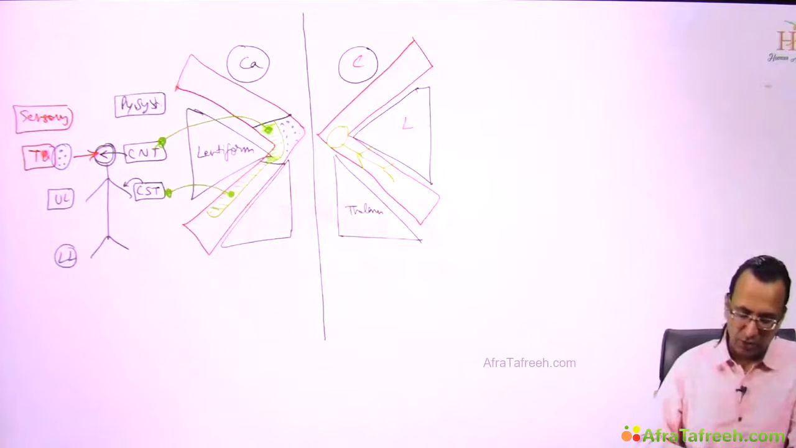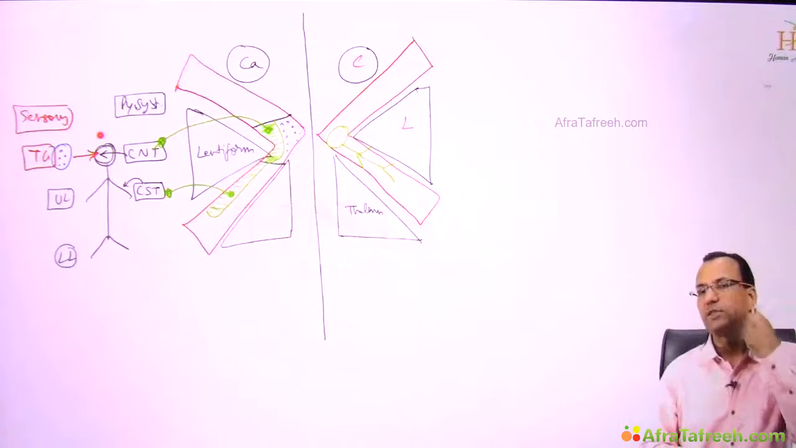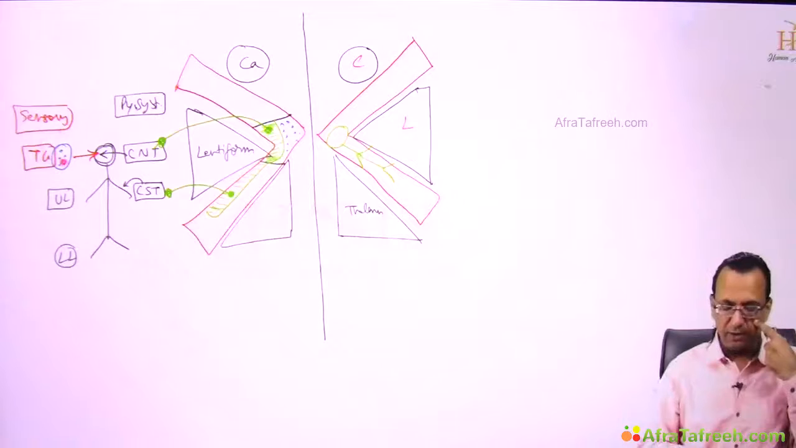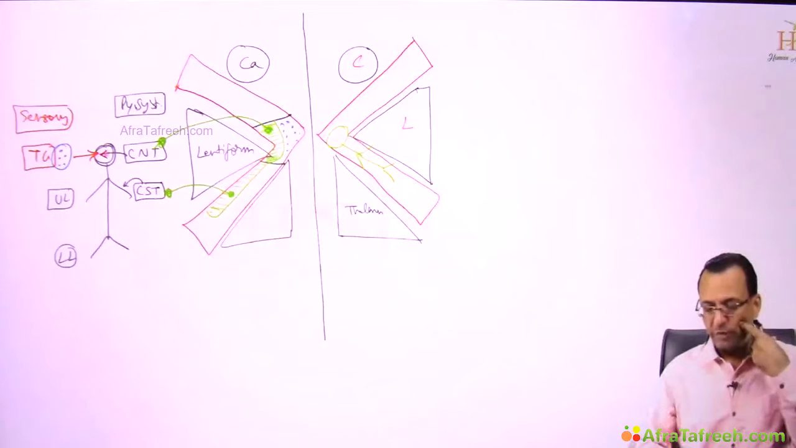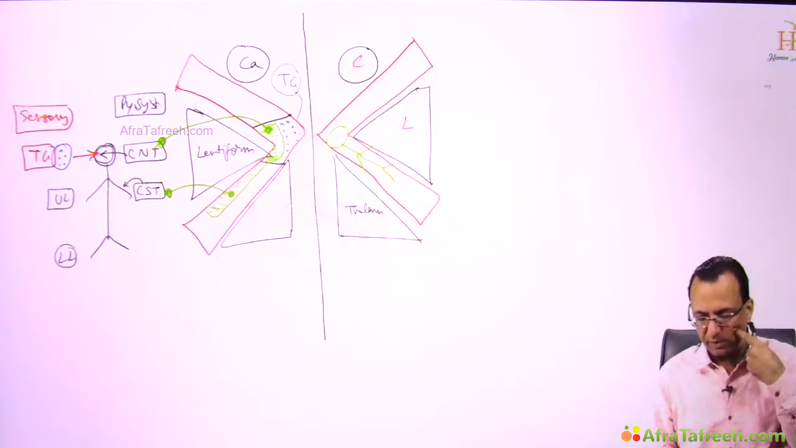So you're touching the face now. Which pathway is activated? The trigeminal pathway. And where is the trigeminal pathway passing? The genu, but more medially. If you say the trigeminal pathway is passing through the genu, but more medially,